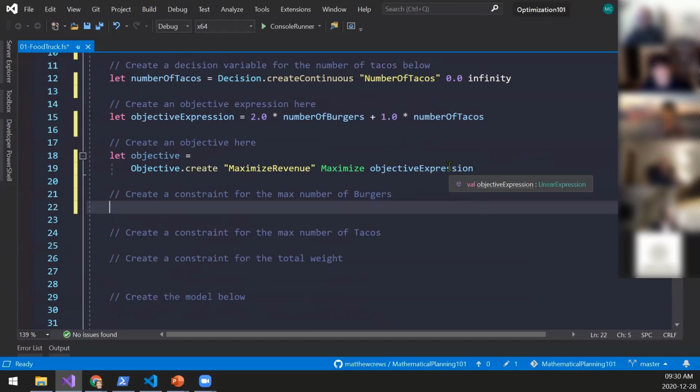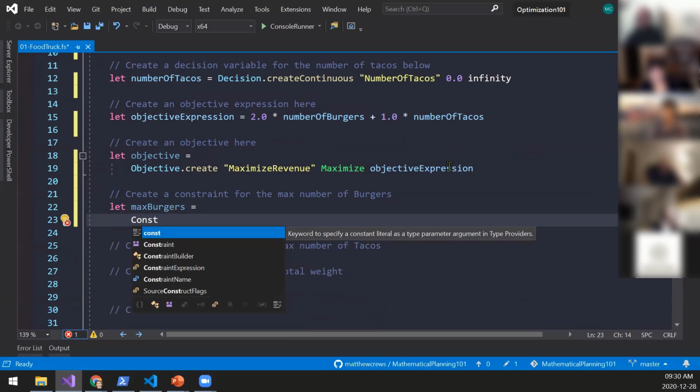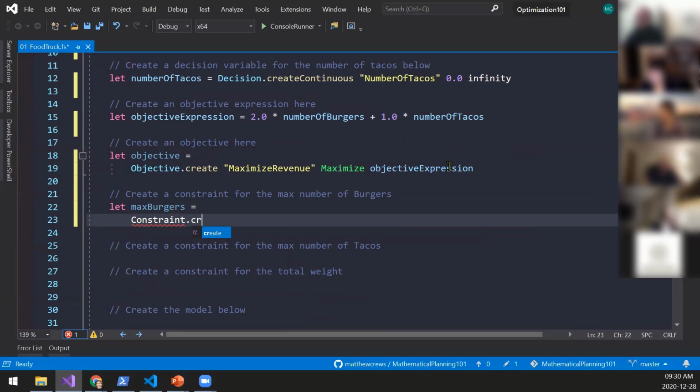Now we need to create some constraints which put boundaries on the solution. So it's saying, hey, let max burgers equals constraint create max burgers, and say number of burgers is less than or equal to 300 per the description of our problem.